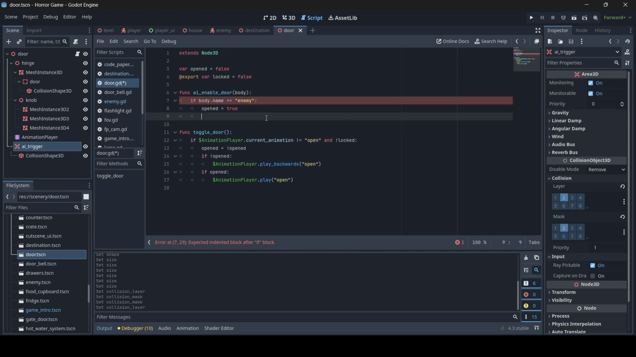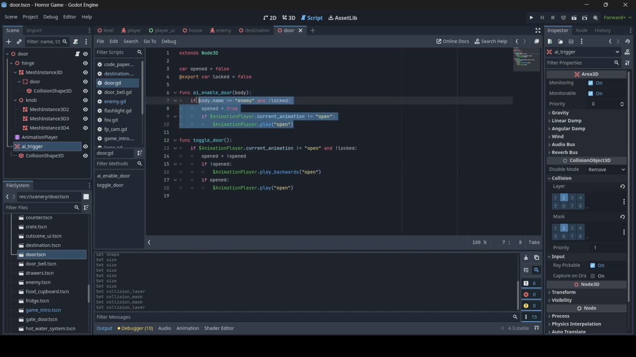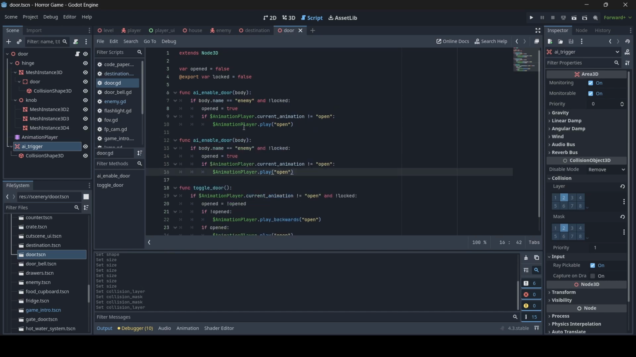So this is if the player actually enters the trigger. So opened will equal to true. And then if the door's current animation isn't equal to open, then we will actually play the open door animation. Oh, and also we need to check that the door isn't locked as well, of course. Alright, so now we're just going to copy this function, and this will be for the trigger, for